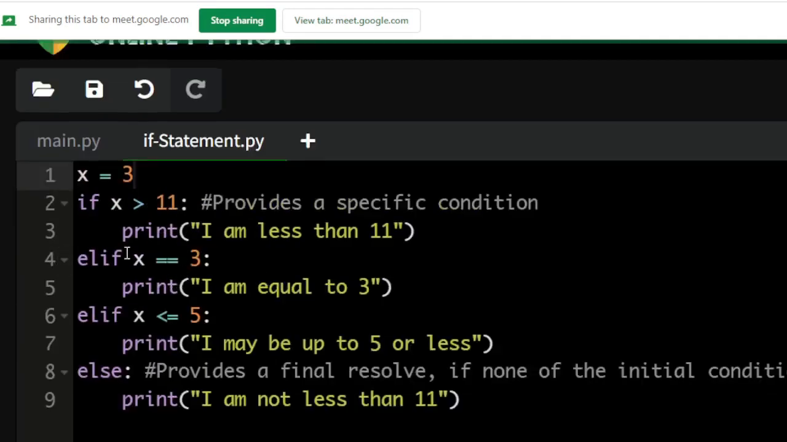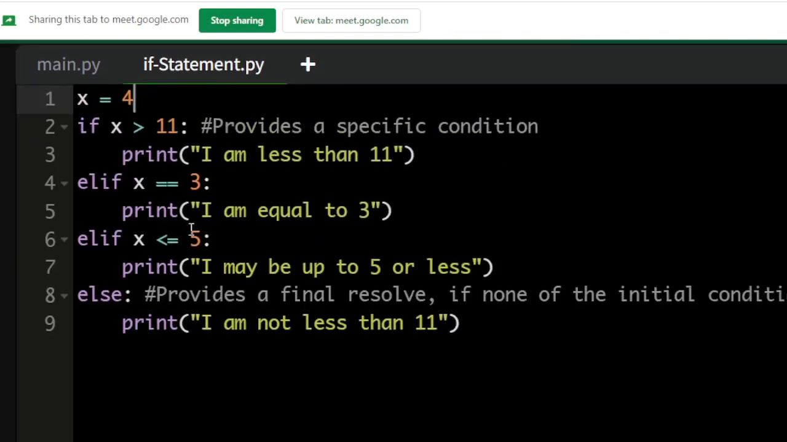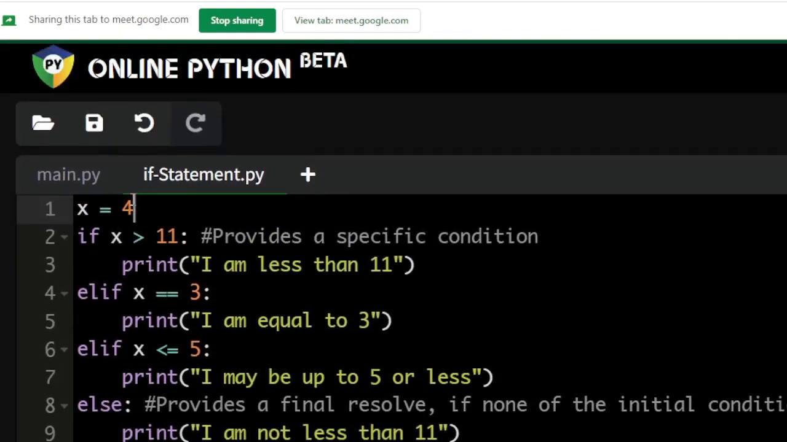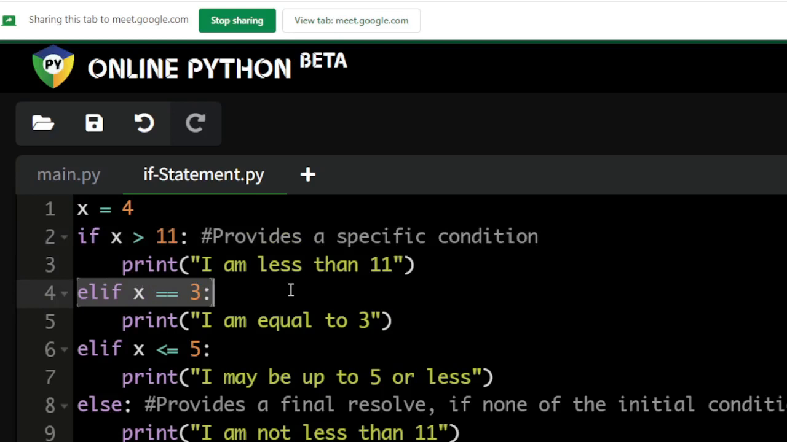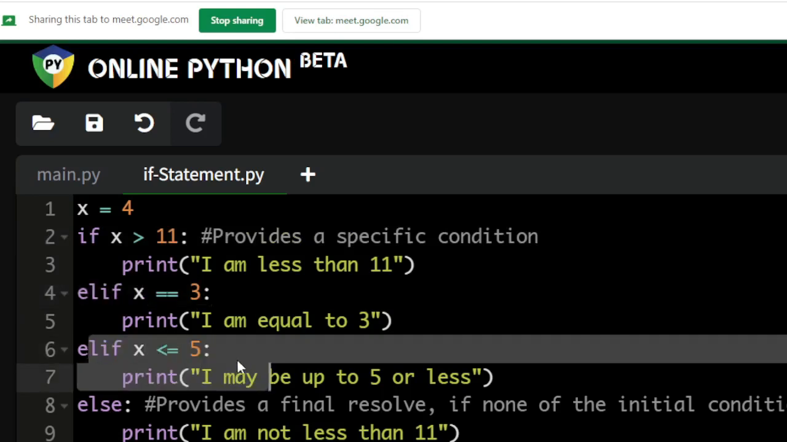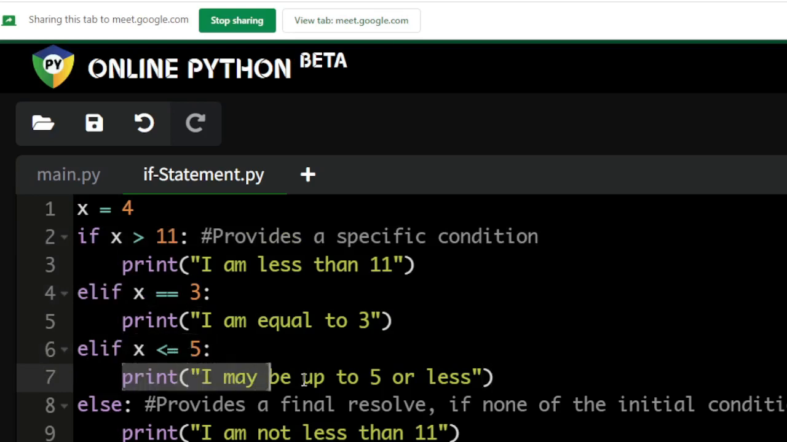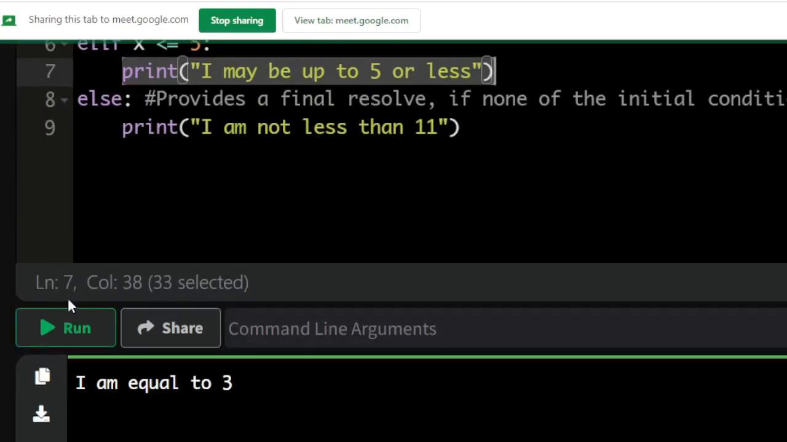You get that? So if I put something like 4 here and I run the program, you see, if I put 4 here, the first condition is not met, the second condition is not met, but the third condition is met. So it is the command that follows the third condition that it will do. Okay, so by the time you run it now,